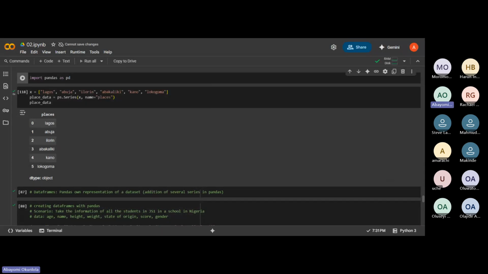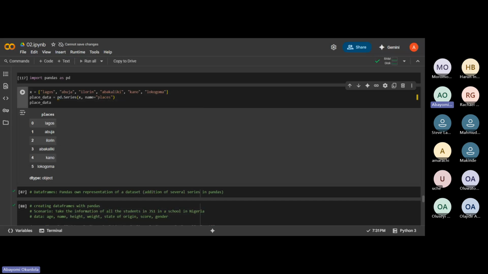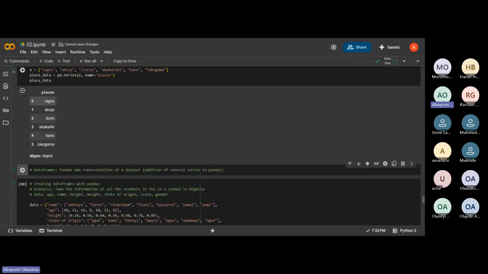All you just need to do is ensure you define your alias very well. Let me change this back to pd. You can see now I've changed this to pd, and this is highlighted, saying it's not defined. Let me do this back to pd, and then we're good to go. All right, so now moving forward, we've taken a look at series. The next is data frames. So what are data frames? A data frame is just like a multiplication, or more addition, of what you call the series.